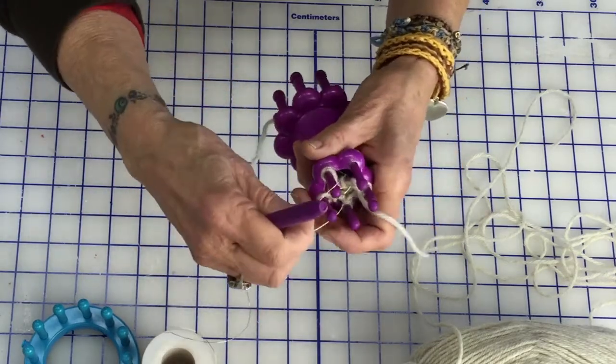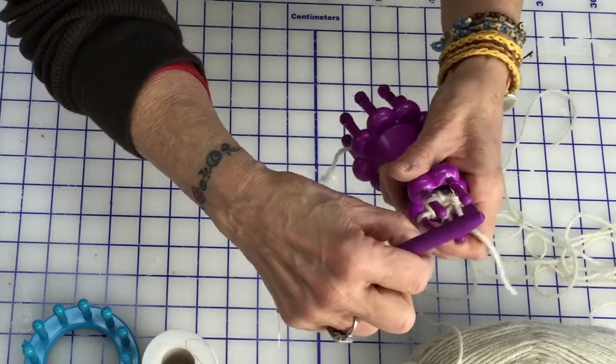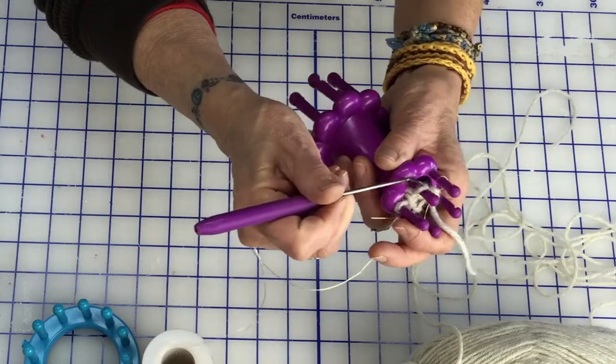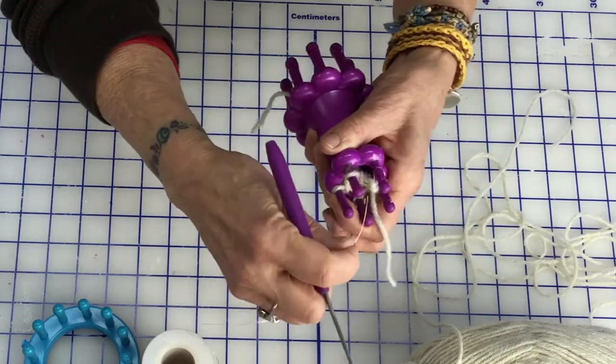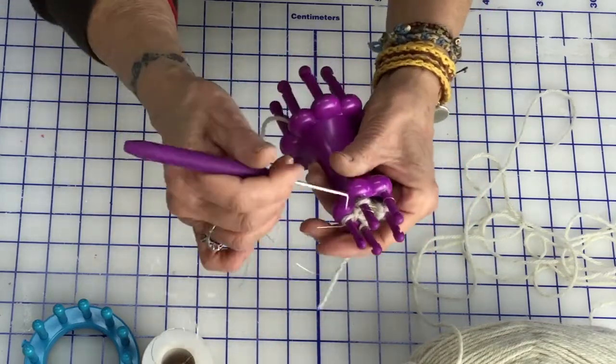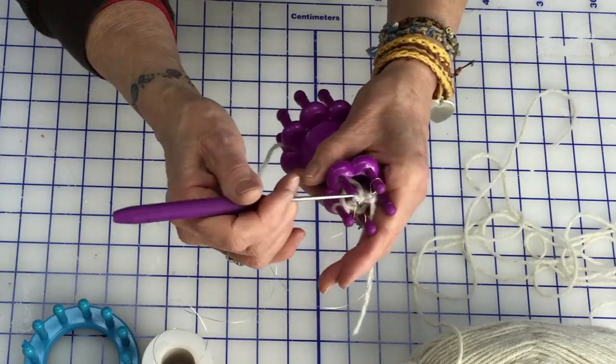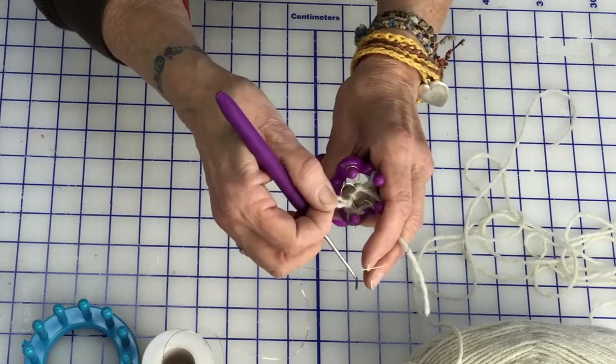Whoop, I got to go below. Hello. You go below? No, I don't. Sorry, got you all messed up. I got to take the bottom one off because that's what's leaving. See now,